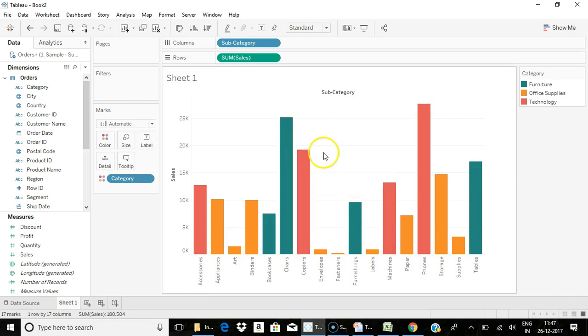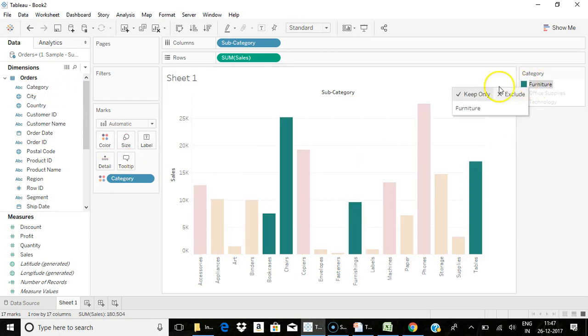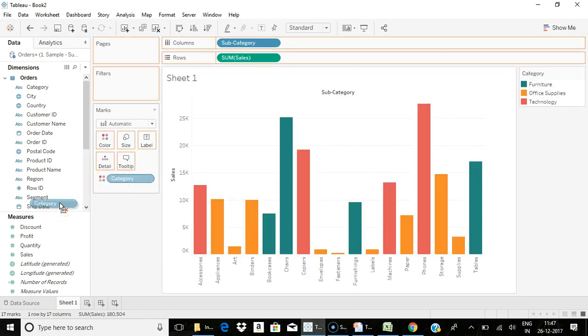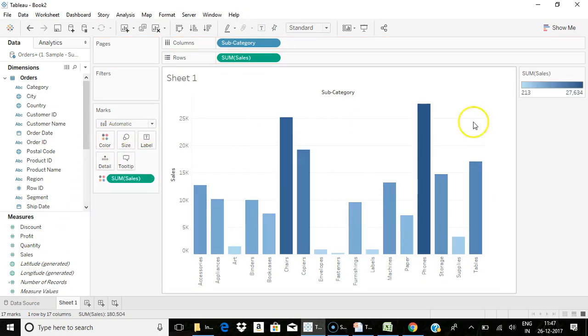We should also remember that when you are introducing the colors to the graph, again the discrete and continuous factor comes up. When I am placing a discrete value on the colors, it assigns discrete colors. Else, if I remove it, just drag it outside, and want to color this graph based on sales, if I drag the measure sales to the colors, it is going to be the diverging colors.